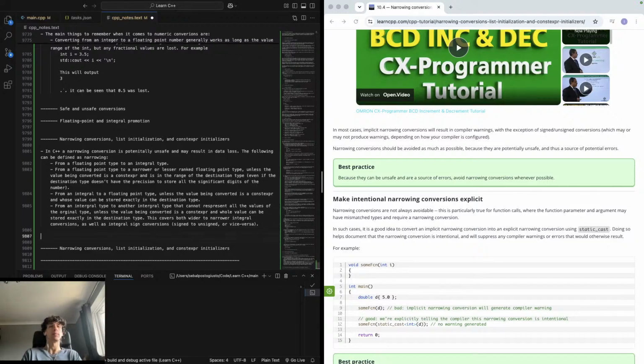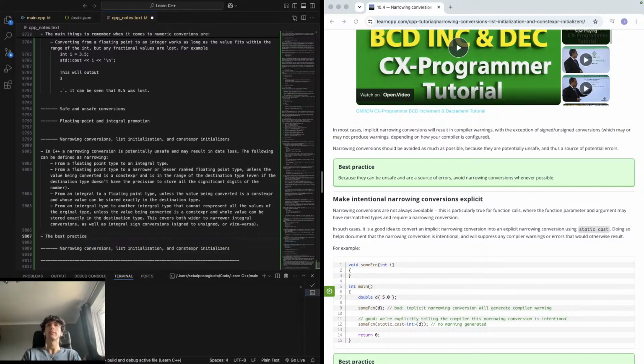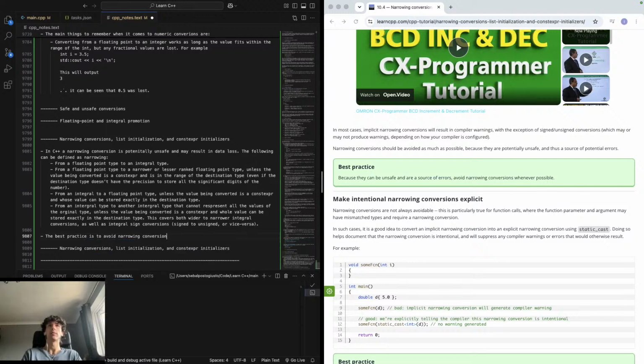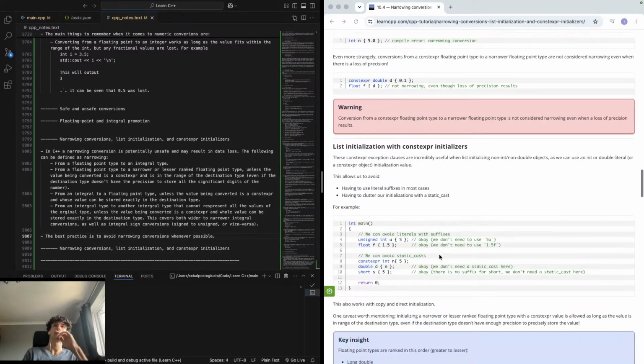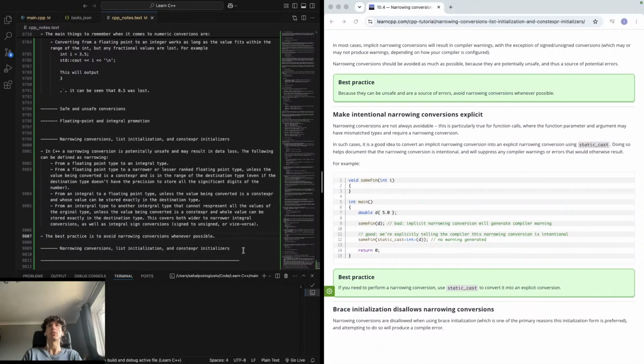So the best practice is to avoid narrowing conversions whenever possible. Okay. Make intentional